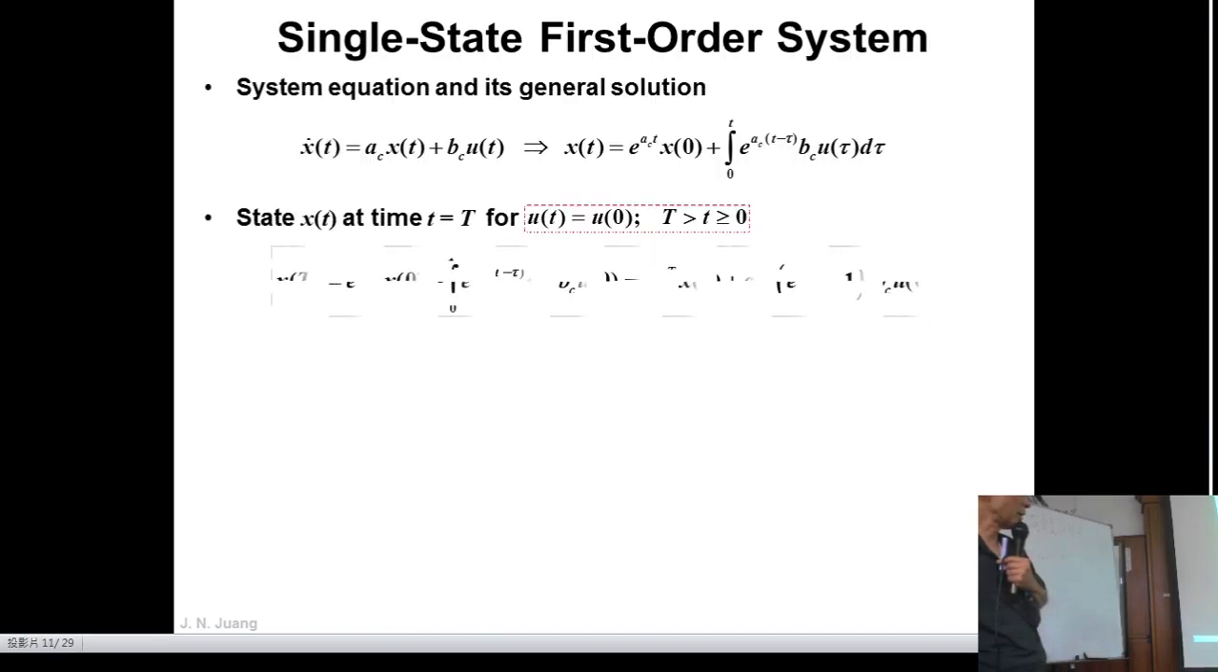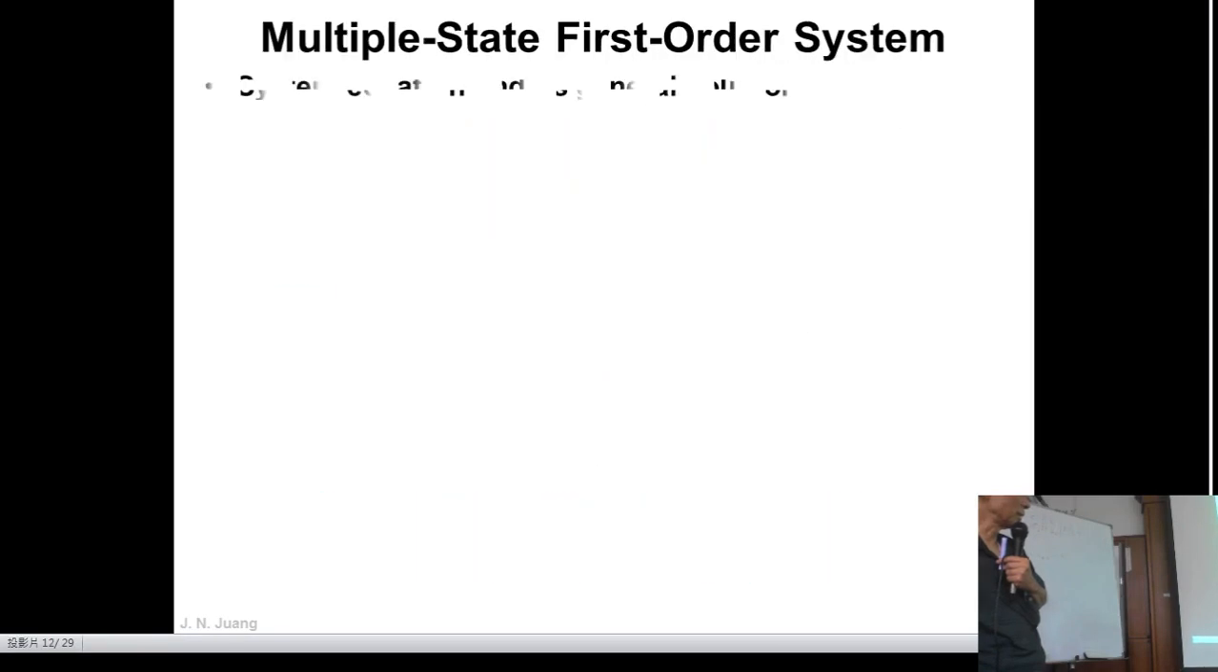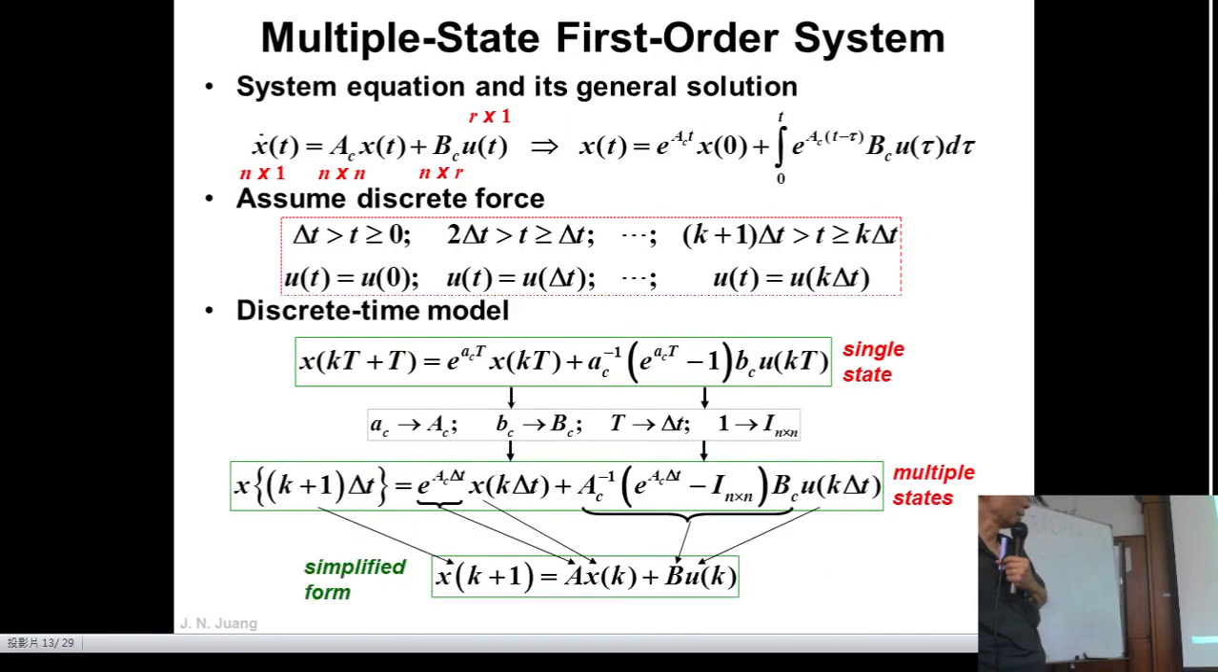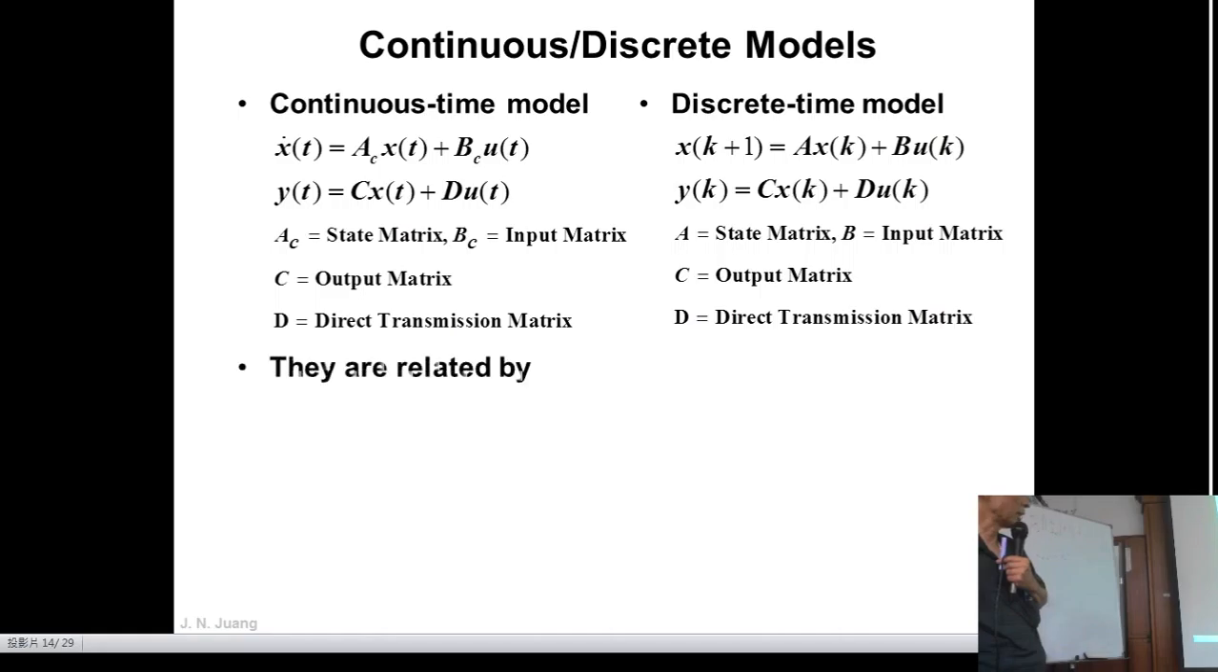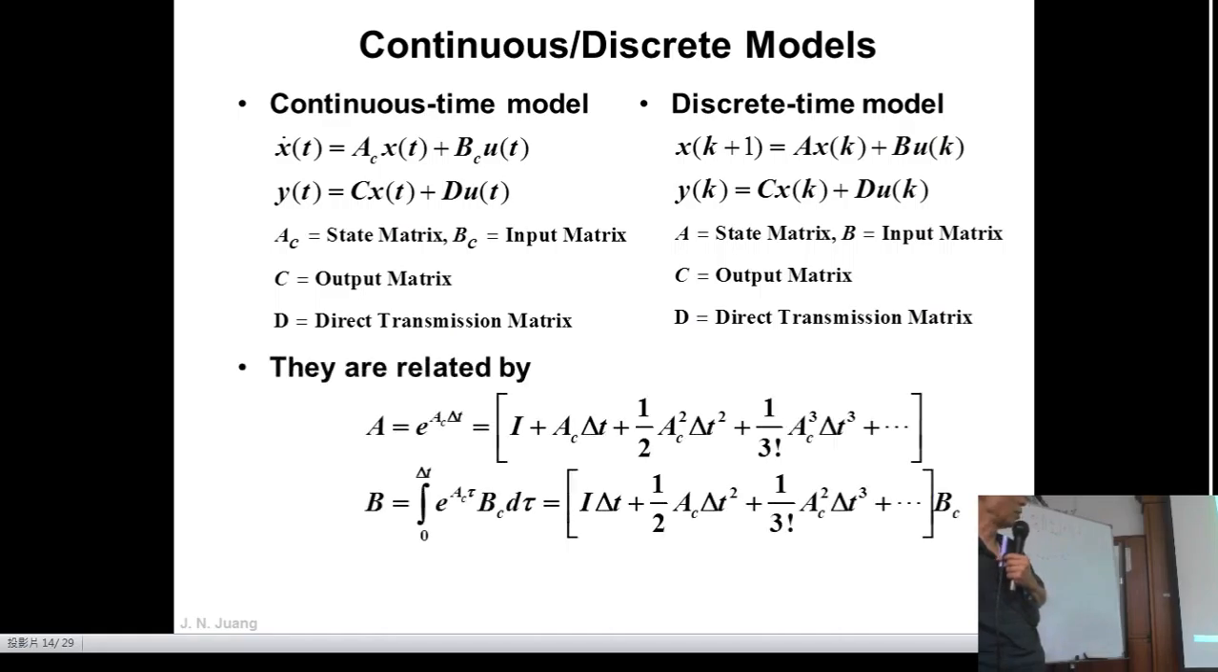Discrete model, I will prove to you the discrete model. I'm not going to repeat this. Okay, the discrete model. Now from the continuum model, you can solve your discrete model by this: A equal to e to the power AC times delta T. You know AC, I give delta T. So A, just like that. In Scilab,